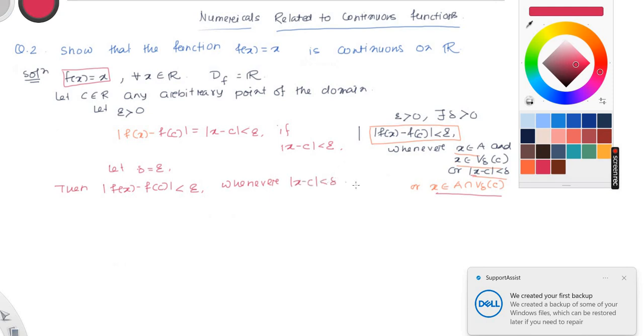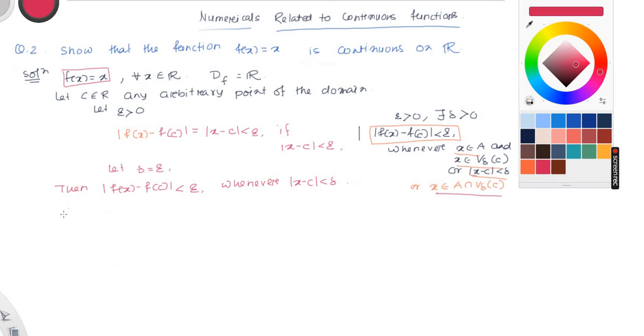So therefore, by the definition of continuous function, the given function f is continuous at the point x equal to c which belongs to the domain of the function, and